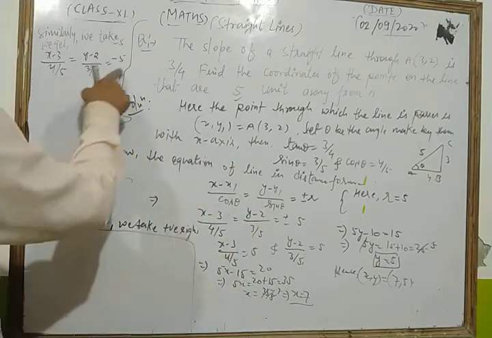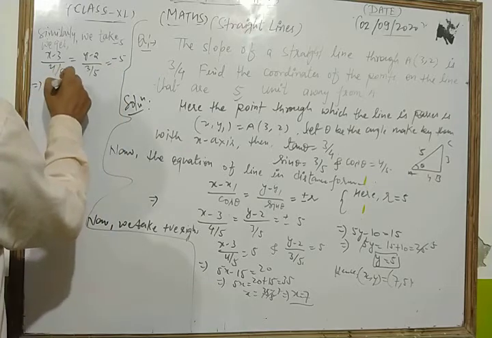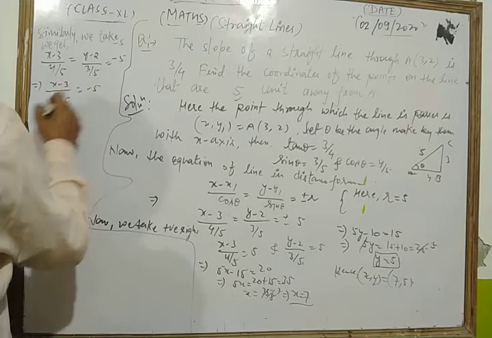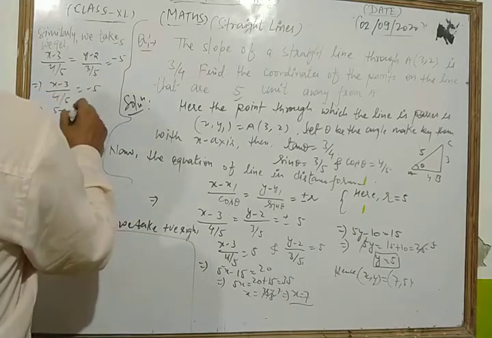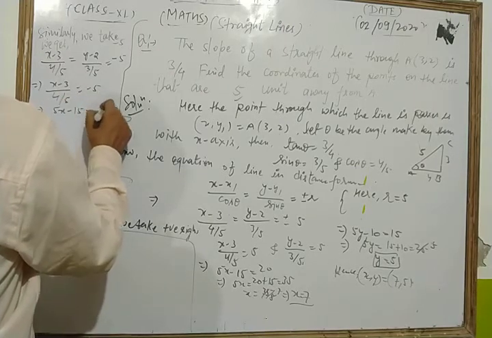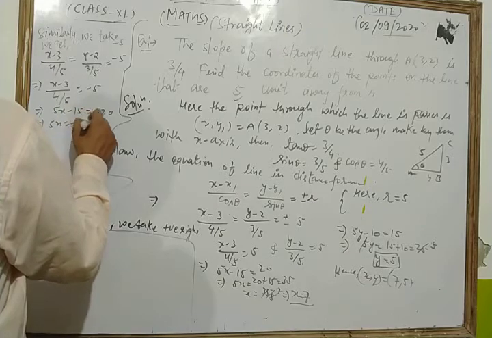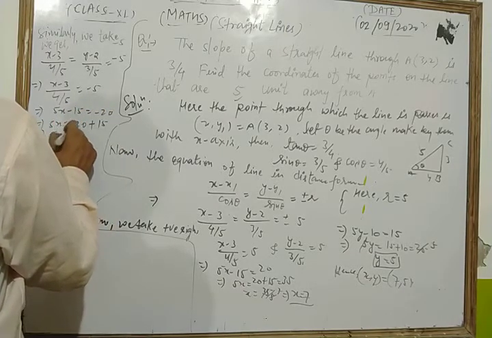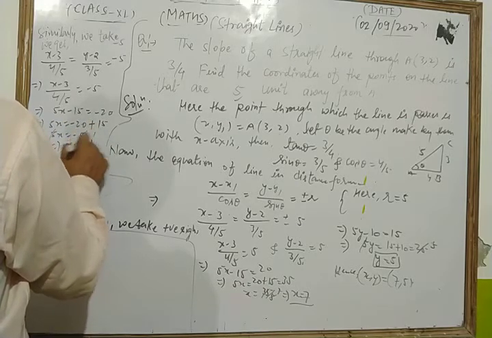Now we take x, that part is equal to minus 1, and we take that part. If we take (x minus 3) upon 4 by 5 is equal to minus 5, then what do we get? Let's see, that is 5x minus 5 times 3, which is 15, is equal to 5 times 4, which is minus 20. Now from there 5x is equal to minus 20 plus 15. So the value of 5x is equal to minus 5. So that has cancelled to each other. So the value of x is equal to minus 1.